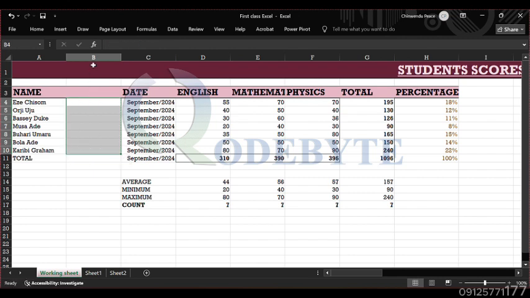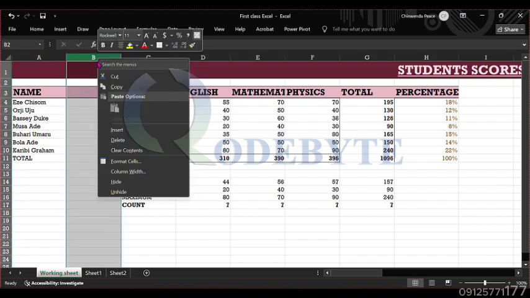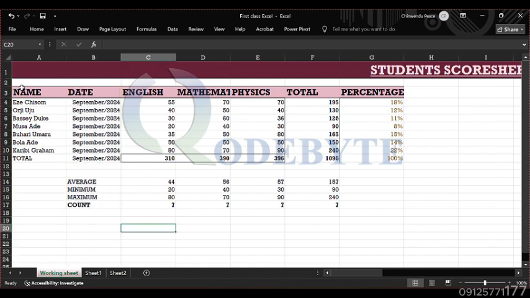And I can delete the column, right? So this is what we have. So we can see that our name column is looking better. Yeah. So the next thing we are going to do is to understand what